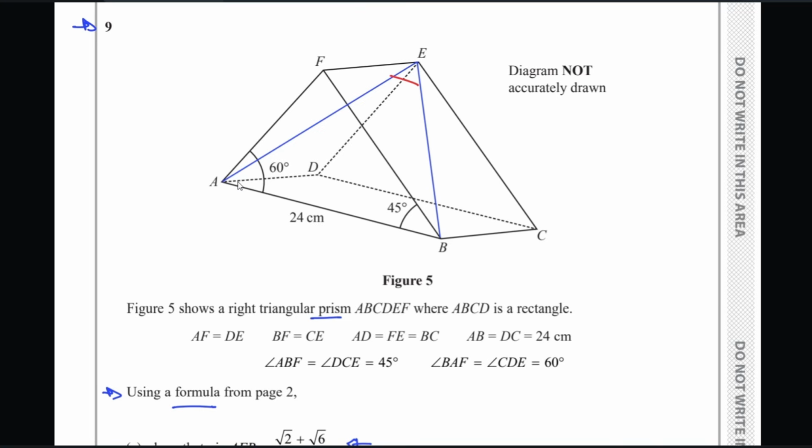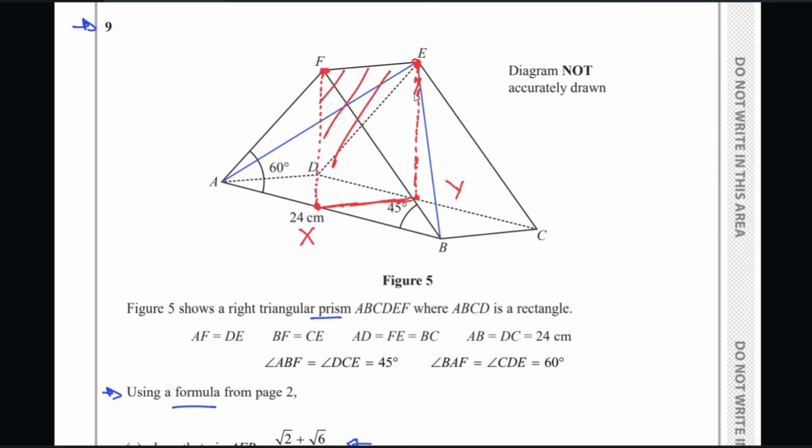So how do we approach this? We can draw vertical lines from point F to the line AB. Vertically under point F, there should be a point on line AB. And vertically under point E, there should be a point on the line DC. So let's call this point X. Let's call that point Y. And then this is the line that connects point X and Y. So we can see this cross section